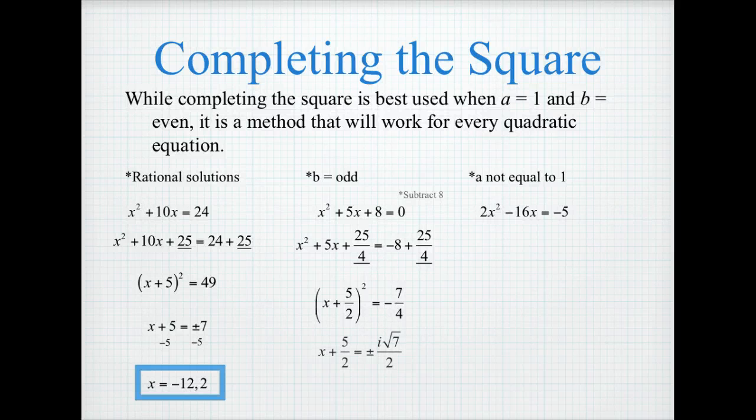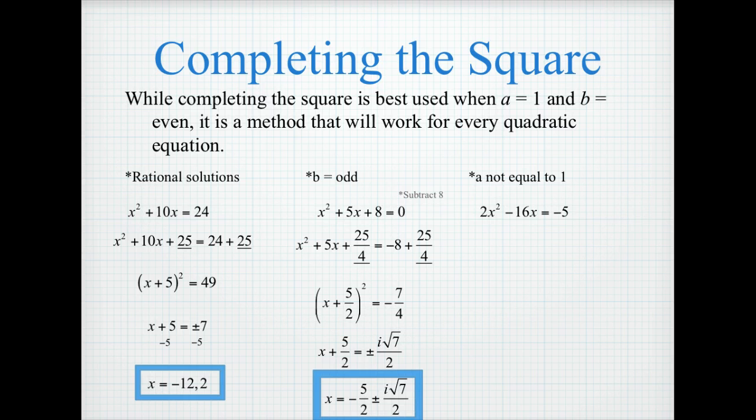Taking the square root of both sides gives us x plus 5 over 2 equal to plus or minus i root 7 over 2. And then subtracting 5 over 2 from both sides gives us our answer of negative 5 over 2 plus or minus i root 7 over 2. So as you can see, the value of b being an odd number introduces fractions on a few different levels, and that's going to increase the complexity of solving the equation,